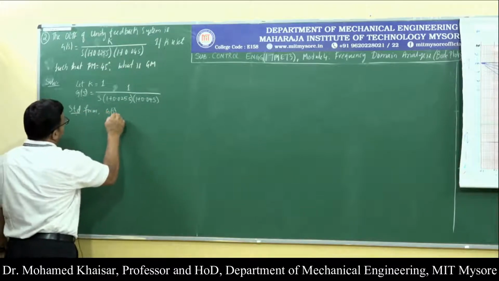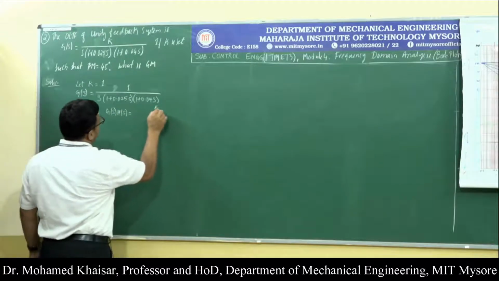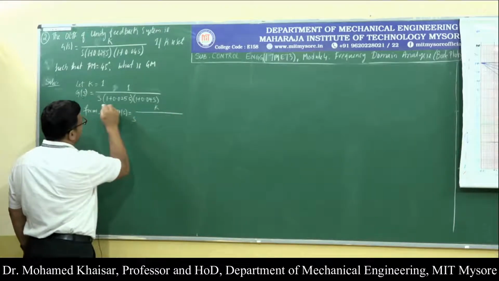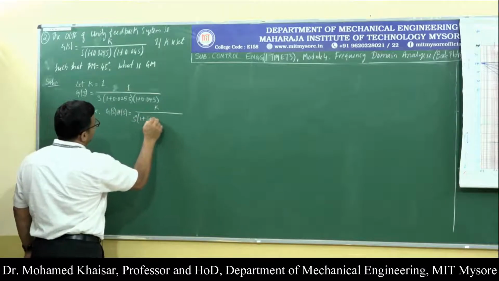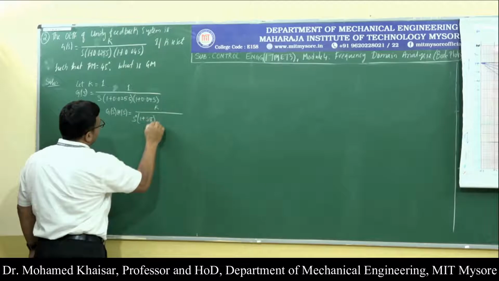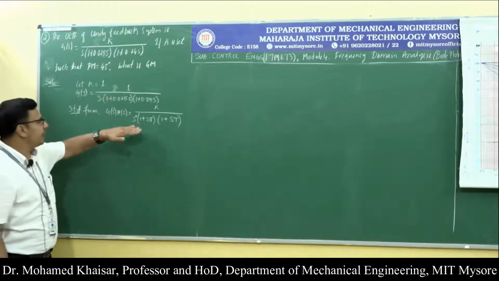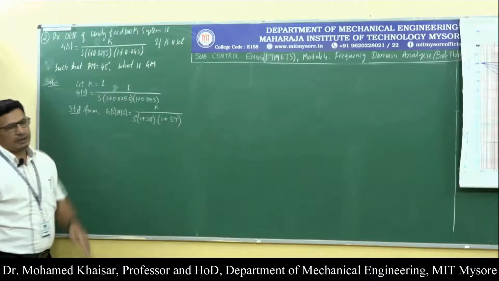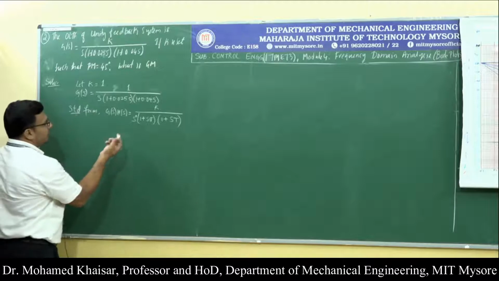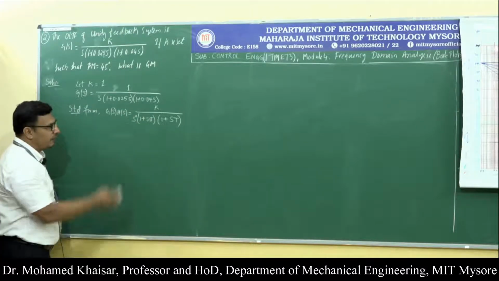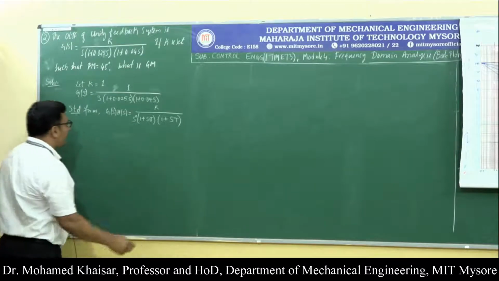Standard form is nothing but G(s)H(s) is equal to k divided by s power n into (1 plus sT) into (1 plus sT). This is the standard form. I am just writing the standard form which is matching the given transfer function. So as you can see over here, it is already in the standard form. We need not derive the given transfer function into the standard form.